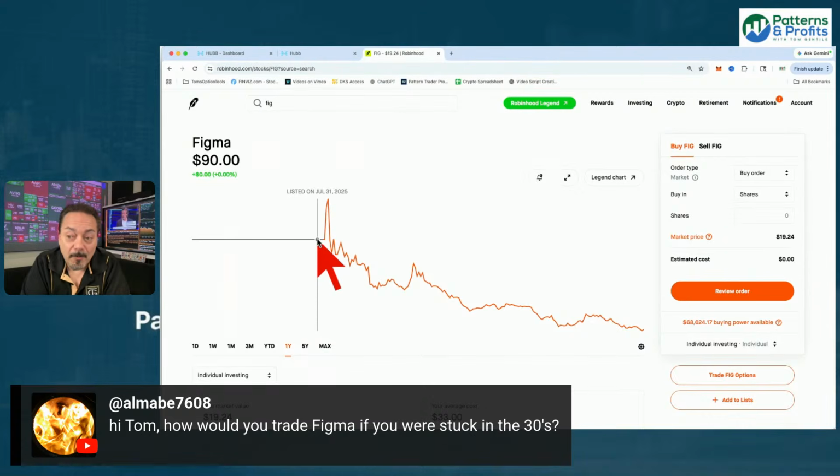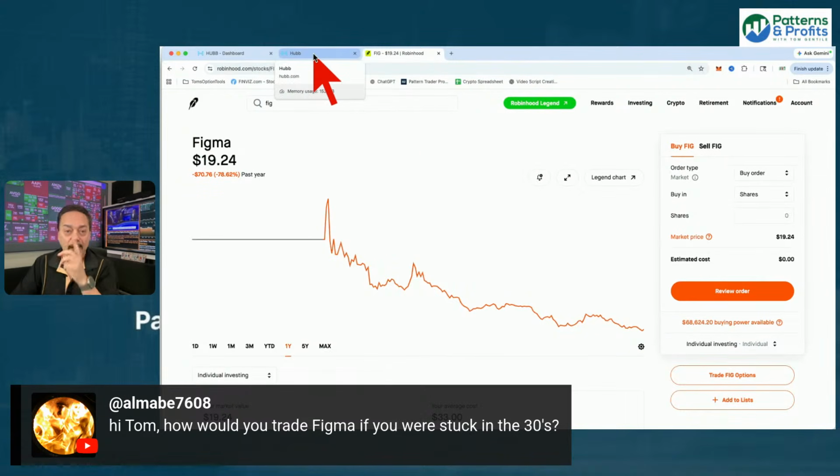I don't remember, because it was almost a year ago. What ended up happening was the stock jumped on day one, day two. The closing high was $122. Since then, look what the stock's done, which tells me I need to go back there and explain to people I don't buy IPOs on IPO day for that reason. The odds are stacked against you. And so here's Figma down here now at the $19.08 level.